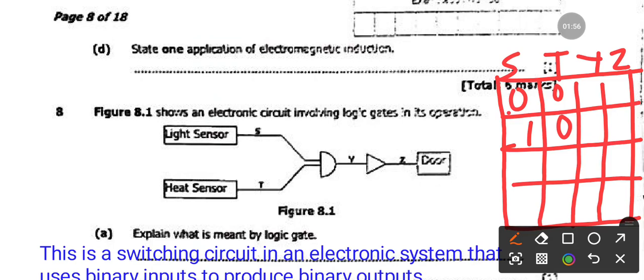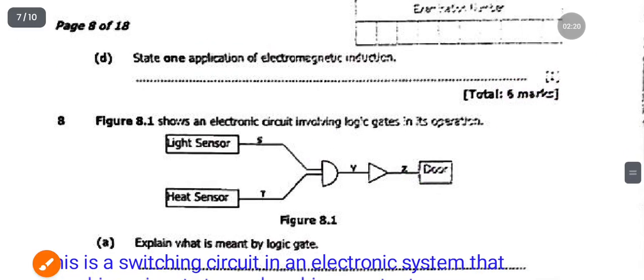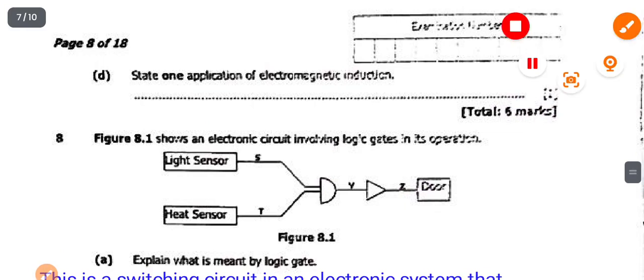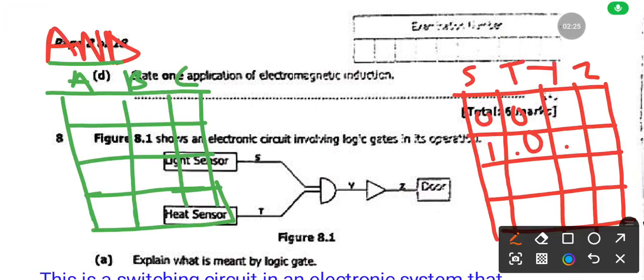So we earlier established that this gate here is an AND gate, and this gate there is a NOT gate. For us to successfully fill in all these values, we'll have to draw the truth tables of both this AND gate as well as a NOT gate. So let me start with an AND gate. Okay, so the possible combinations that we have on this AND gate would be 0 0, 1 1, and